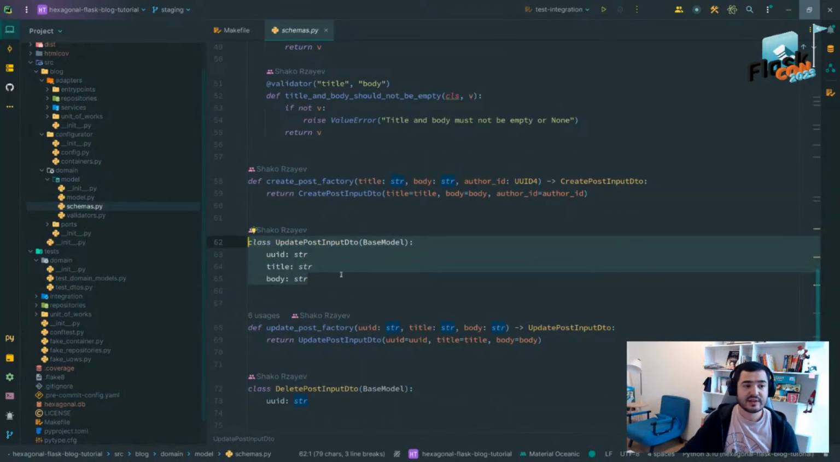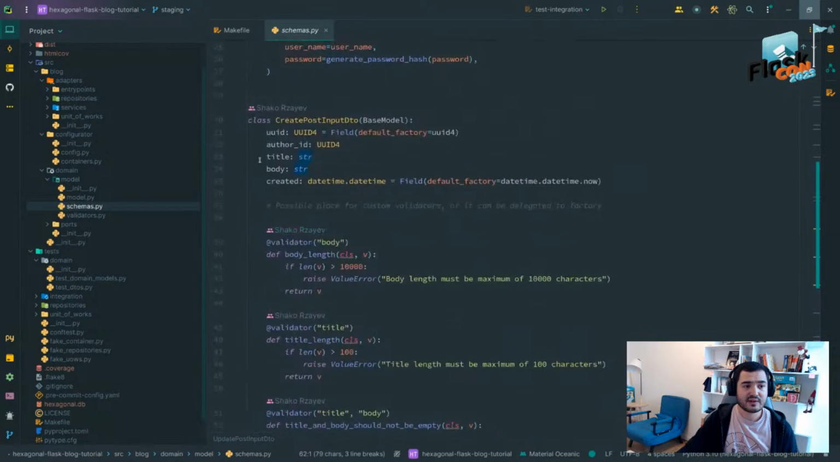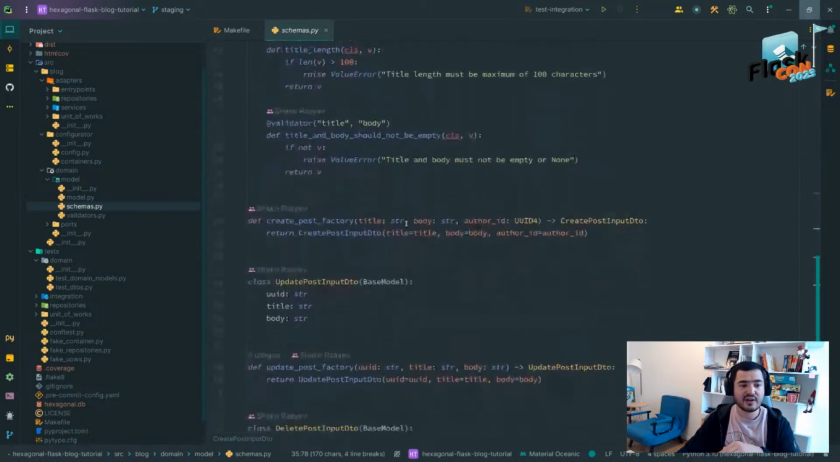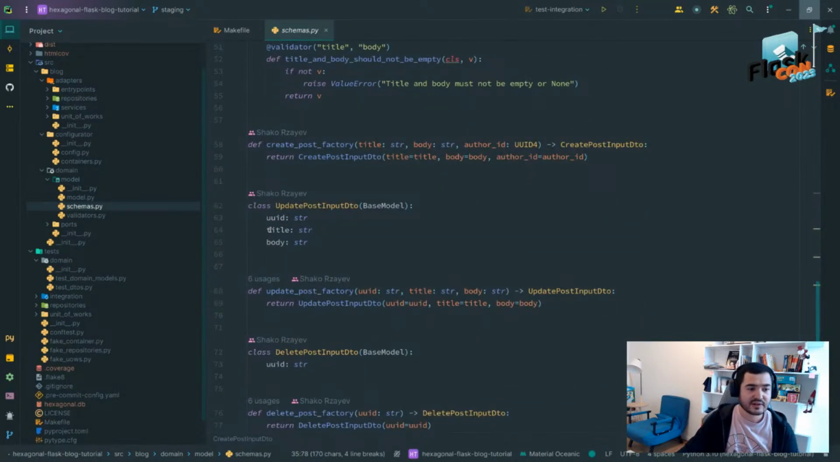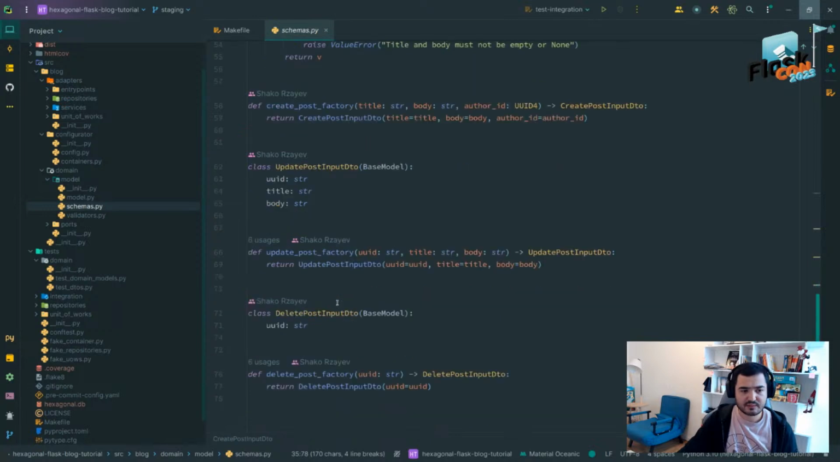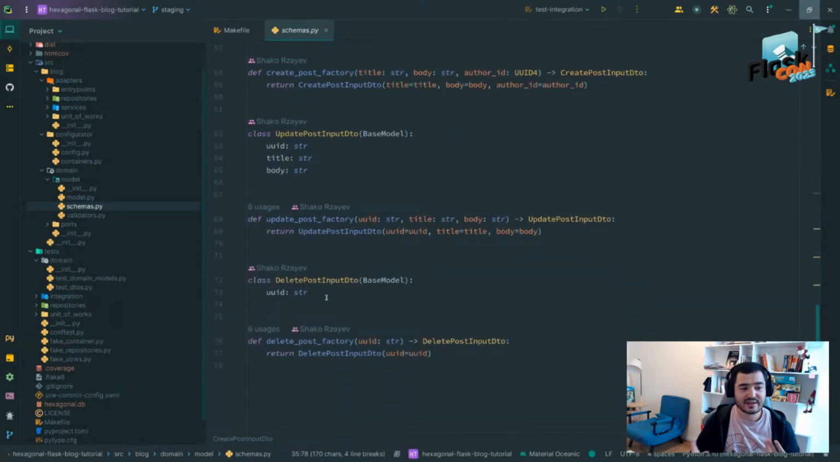This is important. As you see, we have different kinds of post values when we create it, but at a low level, we allow only updating the title and the body. And obviously the UID is for understanding which post we are going to update. It has an update post factory, and for deleting a post